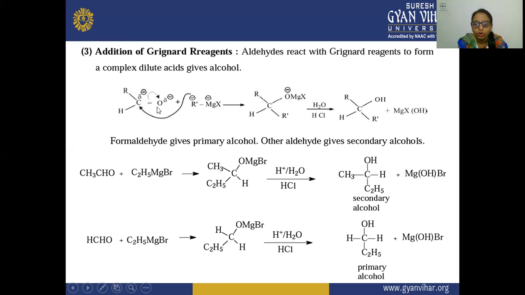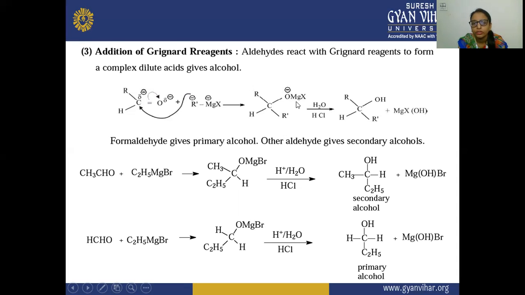Again, this O will withdraw electrons from this carbon. The bond gets broken, and after that this O gets partially negative, and this carbon gets the partially positive charge. This R is negative and this MgX is positive. This negative R will act as your nucleophile. It will react with this positive portion of this carbon, so it reacts at this position. After that, this MgX, which is positive, gets added to this oxygen position. So there is a formation of this intermediate.